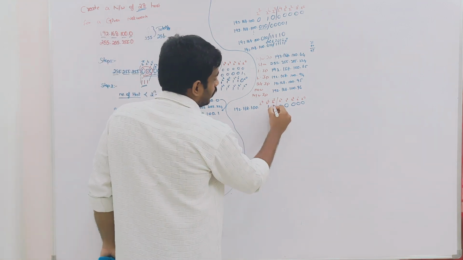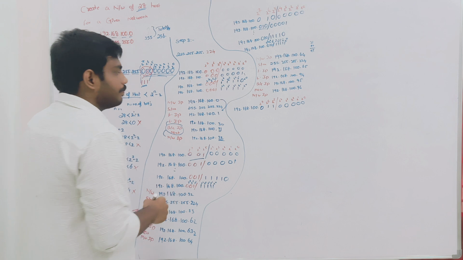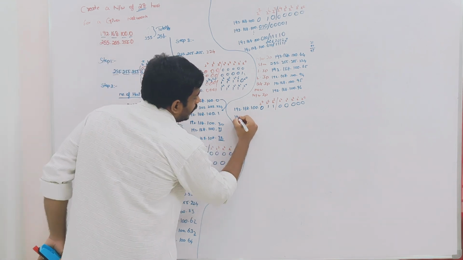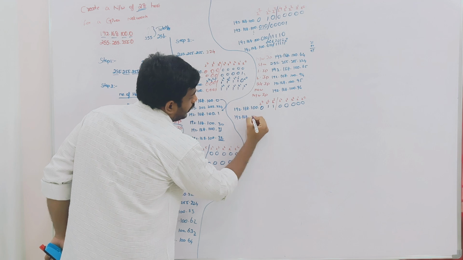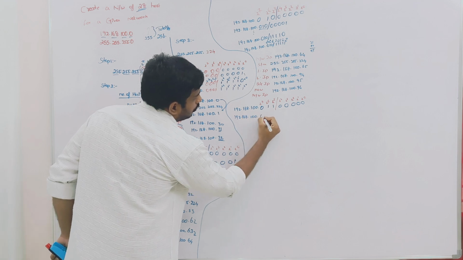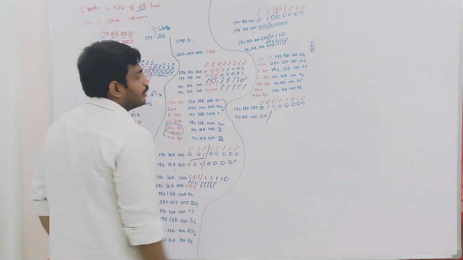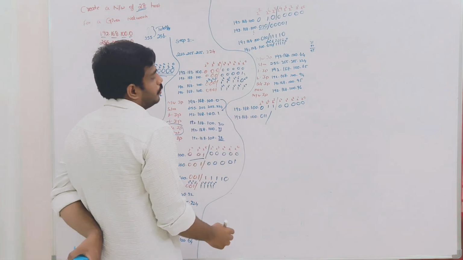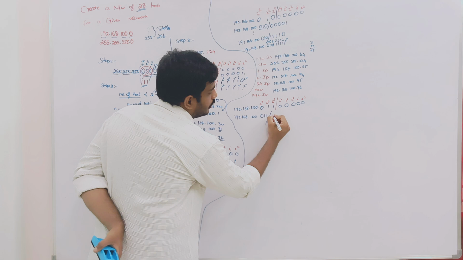You make those ones and make the rest 0. Okay. Now 192.168.100.011, the rest you don't touch, the network portion. In the host portion, previously I mentioned like